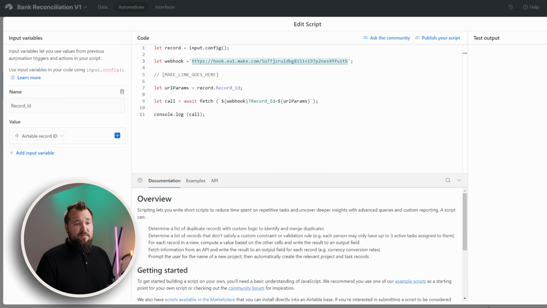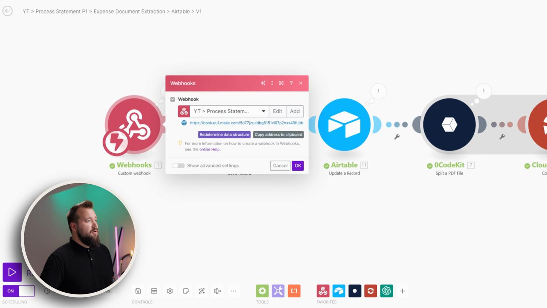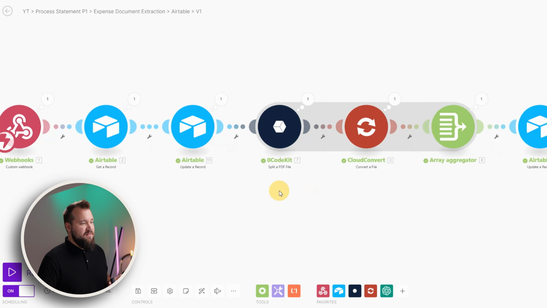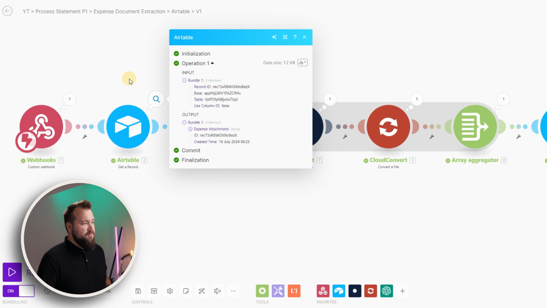Once you're finished, press finish editing. Don't forget to turn on the automation, and that's it in terms of the trigger. Now, in terms of the Make automation itself, as soon as the trigger hits, we fetch that record just by